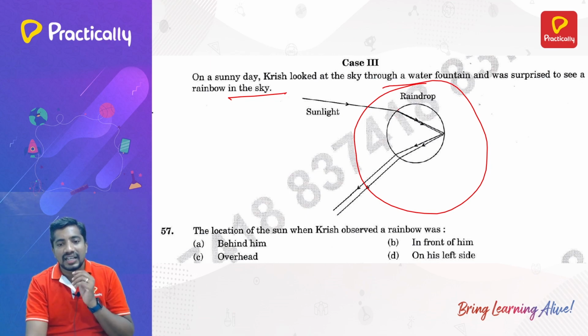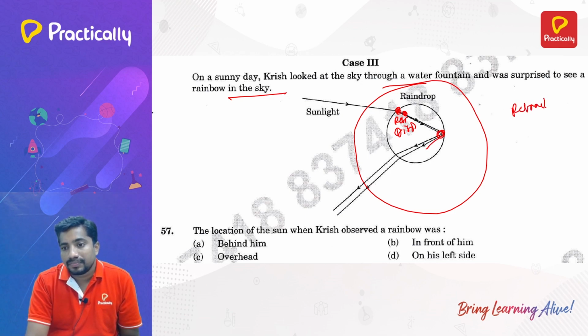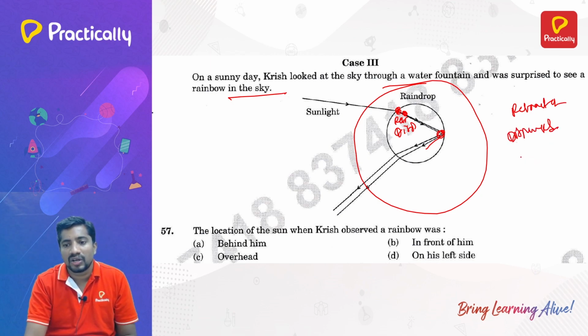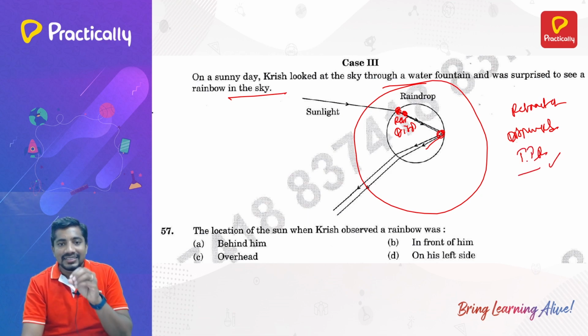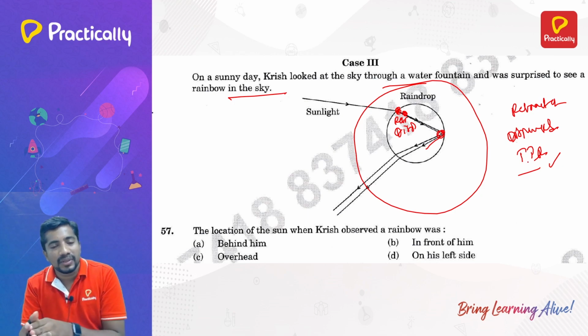Here it is sunlight. The moment it enters here, at this portion it undergoes refraction, and immediately white light splits into 7 constituent colors. So dispersion also happens, and then it is internally reflected here. So it has refracted and dispersed simultaneously when entering the water drop, and then the TIR phenomenon, total internal reflection. These 3 phenomena make the formation of the rainbow. So that is the concept of formation of a rainbow.